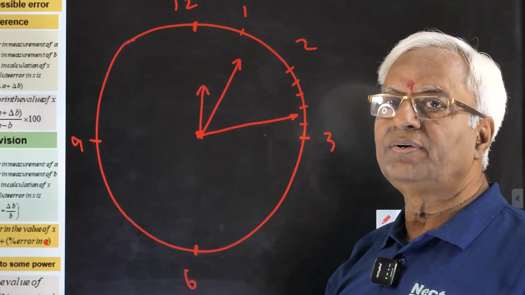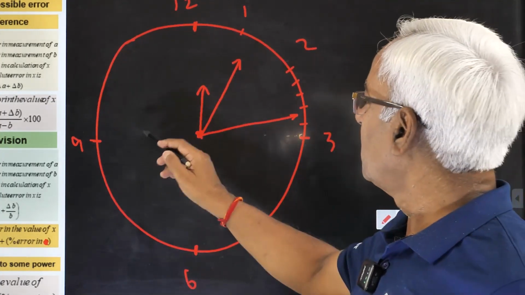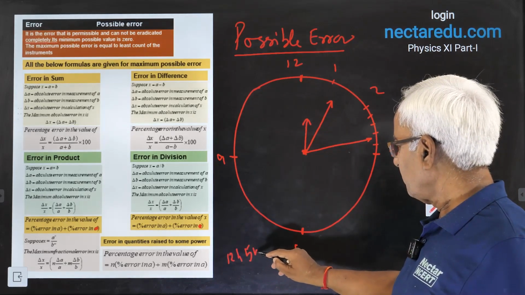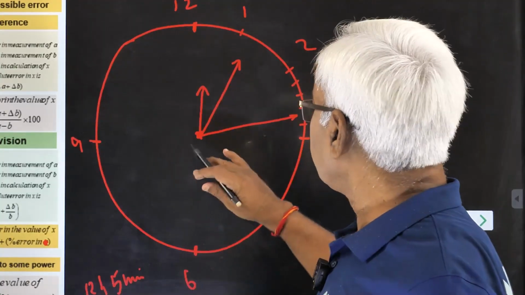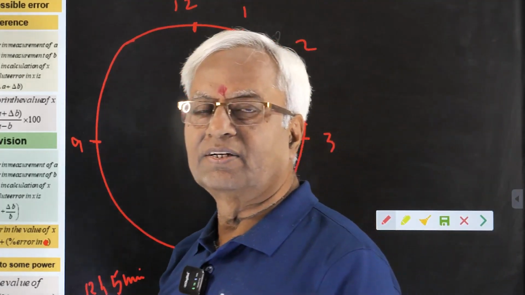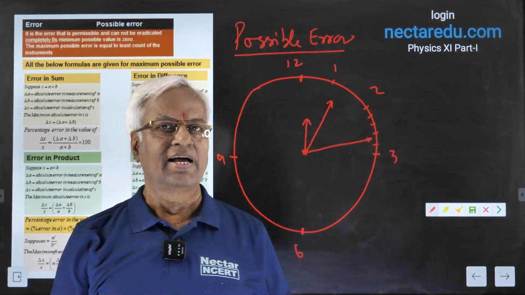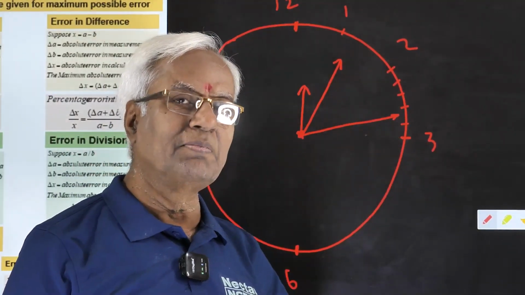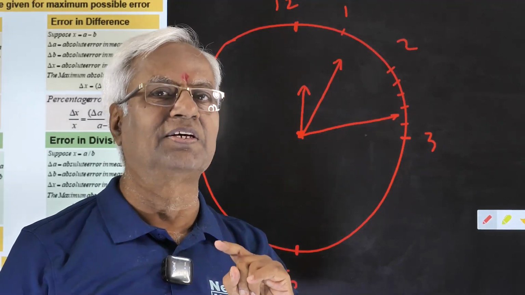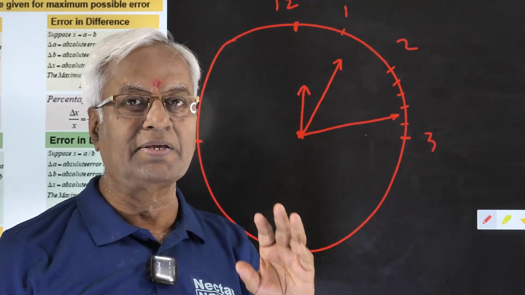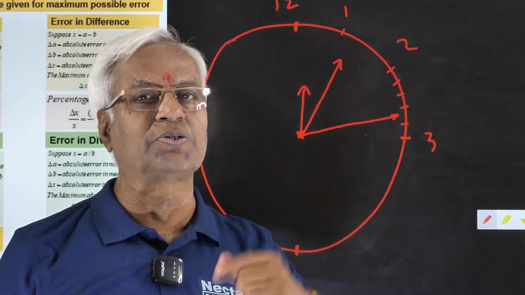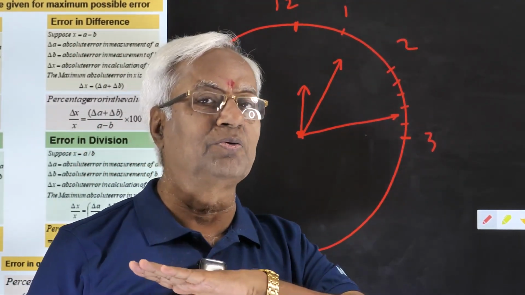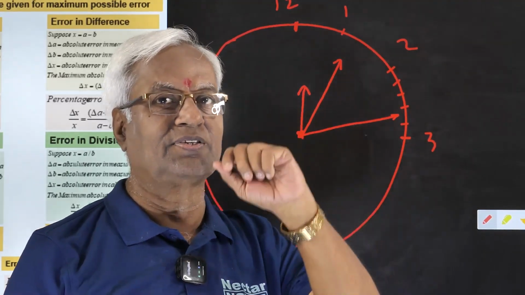Now anybody will read this situation as 12 hours, 5 minutes. But when it comes to seconds, the situation of the second hand is such that you are in a state of dilemma. I mean, you are in dilemma only when you are sincere. If you are in the habit of taking guesses, making predictions, then you will proceed. But that's absolutely prohibited. In the process of measurement, there is no scope of any guess.